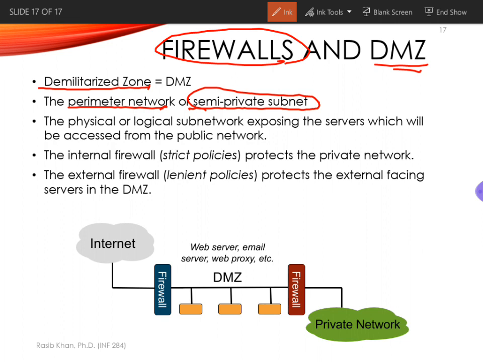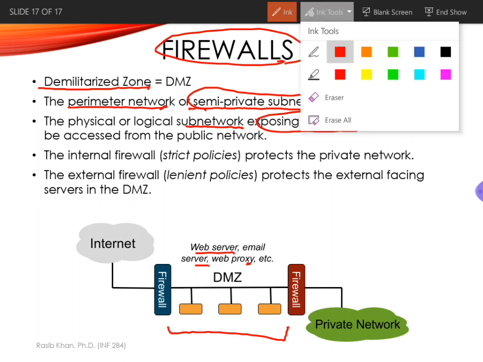It means that we have a part of the network which we are willing to expose to the outside world. However, we would want to still have some control. So the physical or the logical subnet where we are exposing servers, which could be, for example, the web server or email server or web proxy, etc. So we can have all of these servers placed in a semi-private subnet with certain controls being lenient,